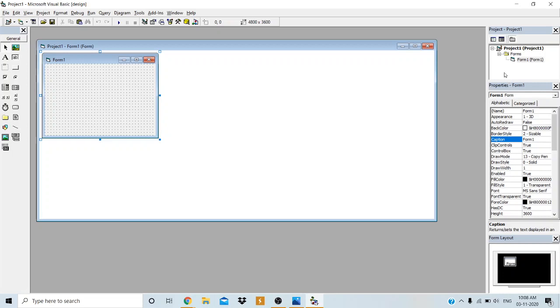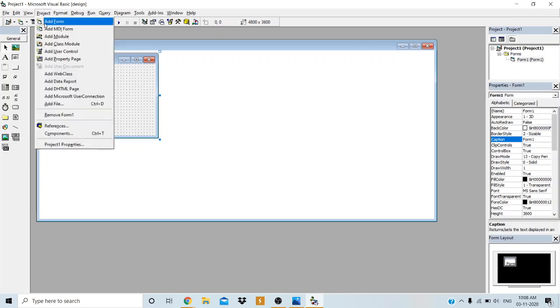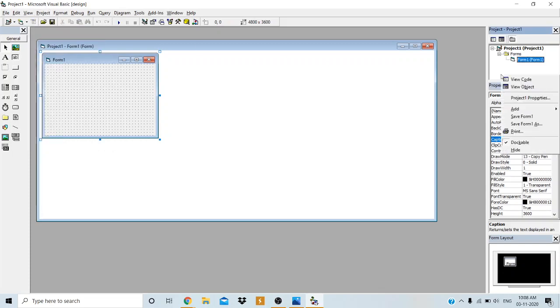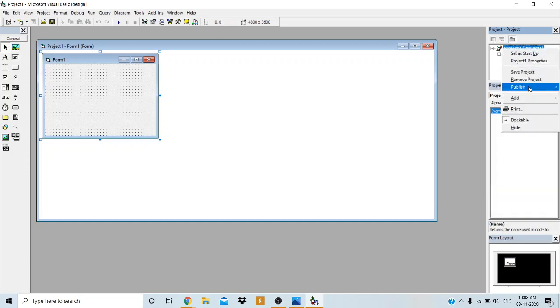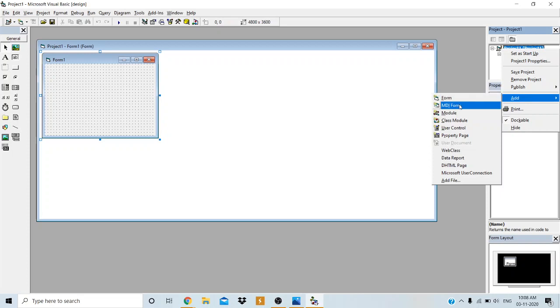Already we have studied this. Either click on the Project menu and select Add MDI Form, or right click here and select Add and MDI Form, or right click on the project, select Add and Add MDI Form.